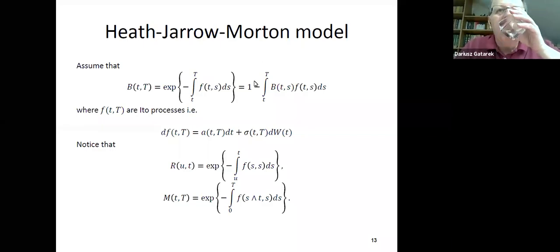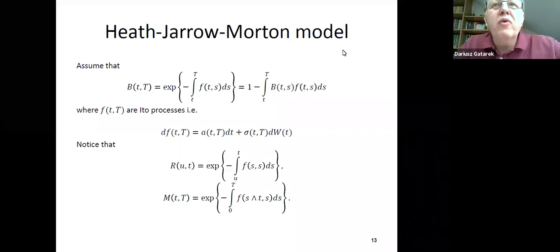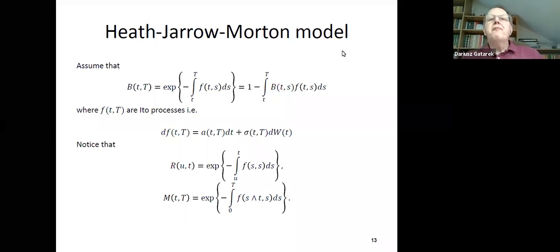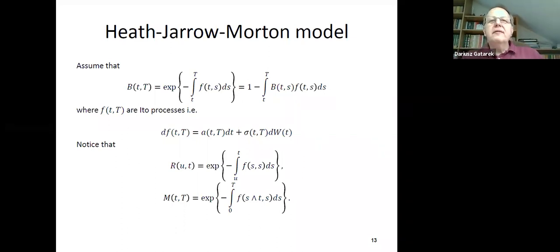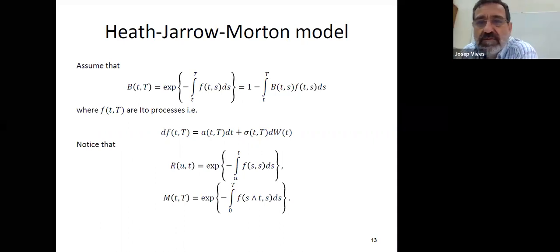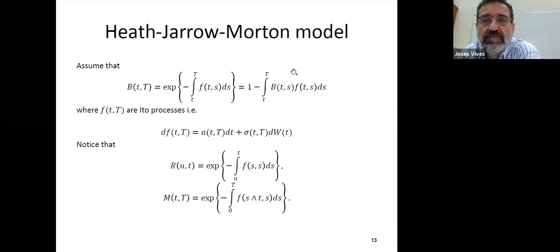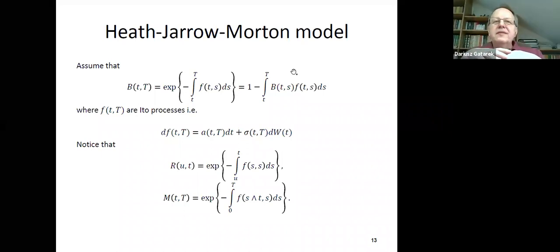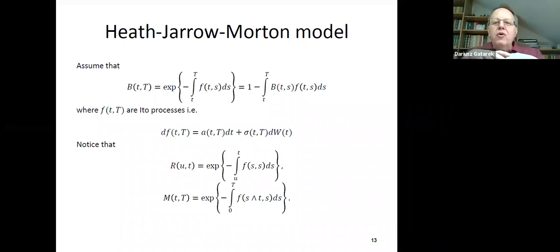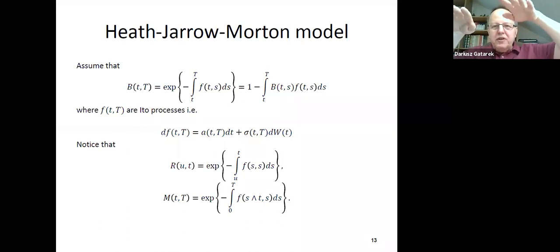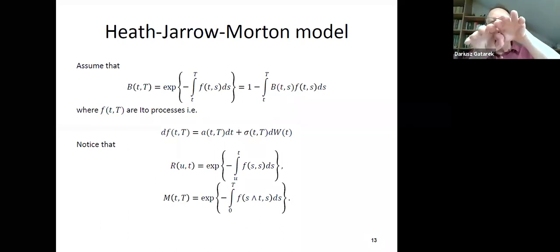Heath-Jarrow-Morton framework model. So everything I'm going to say is in the context of this framework. So remind you, this is a framework of looking at the complete term structure of interest rates as one entity moving in space. So this is a yield curve which evolves and